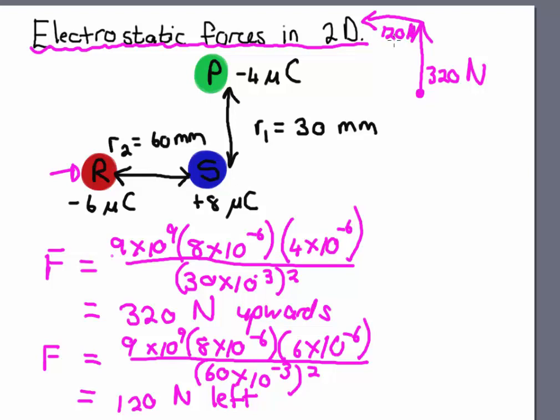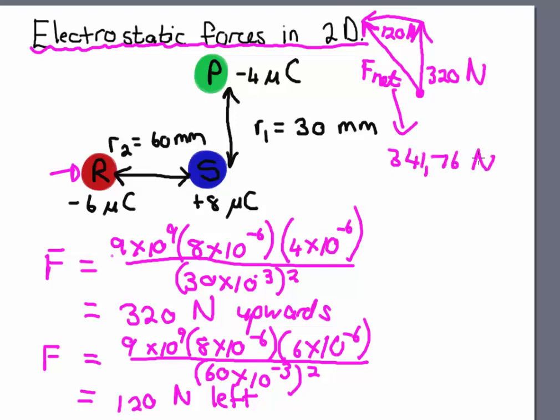So what we see now is that when we want to calculate our F net, or our resultant electrostatic force, we connect the beginning of our first vector with the end of our last vector. And now we see that this hypotenuse is going to be F net. When we want to solve F net, we can use the Pythagoras Theorem. And if you use the Pythagoras Theorem, we can say that the F net force is going to be Fp on S, which is the 320 Newton squared, plus Fr on S, which is going to be the 120 Newton squared. And remember, when we do this, we have to find the square root. So when you calculate F net, it will give you a value of